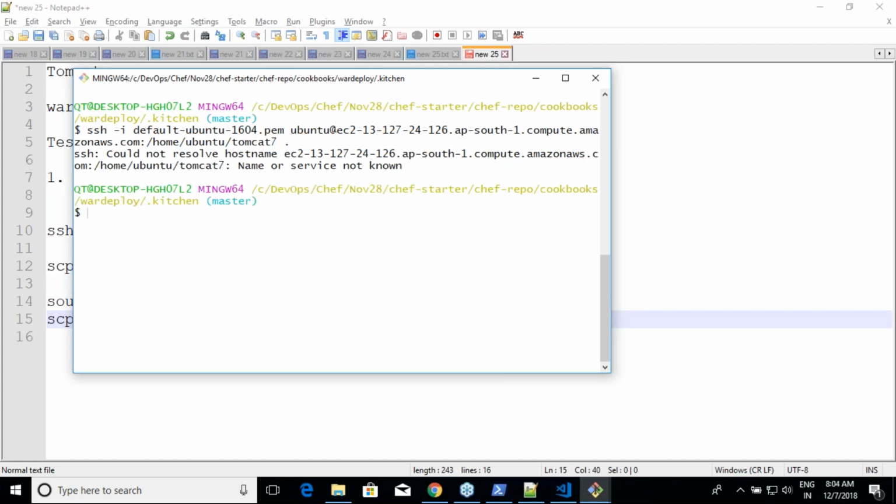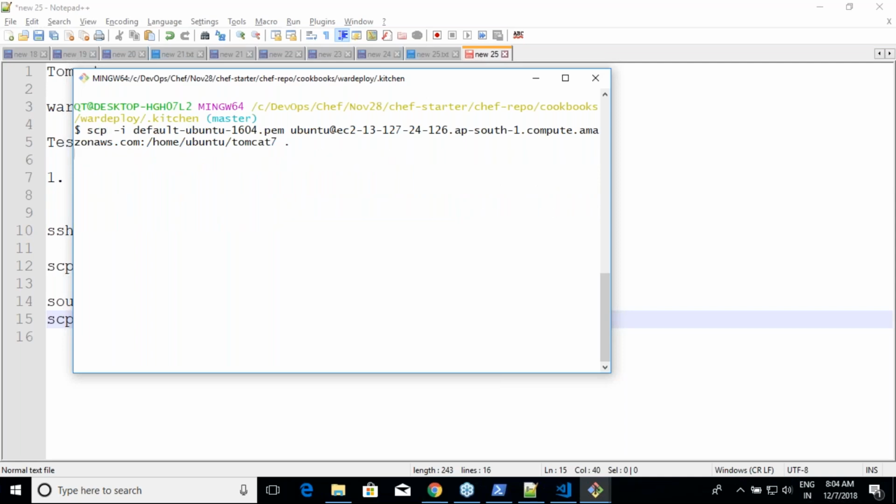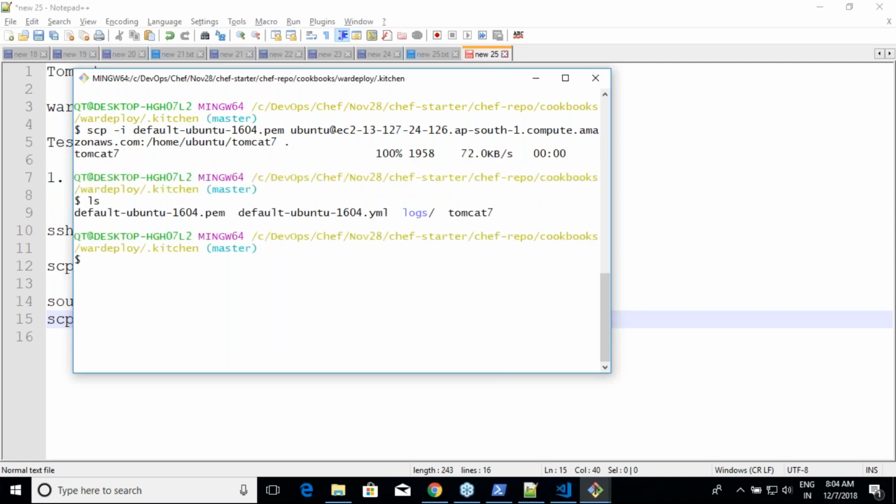Okay, it is scp, not ssh. Yes, thanks. So if you see ls, I have a tomcat7 file now, and since I have this file in Windows, I can open it and see what I have to change.